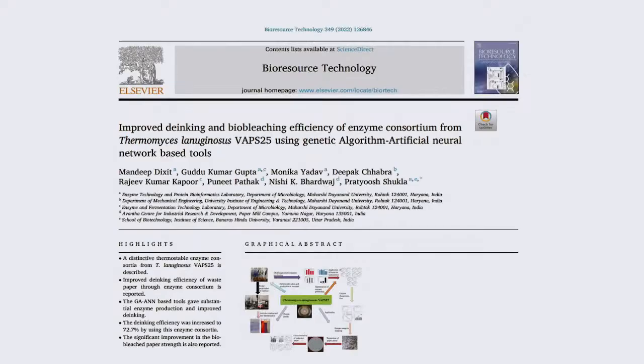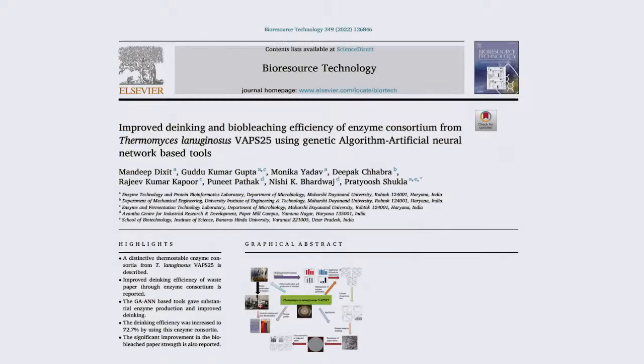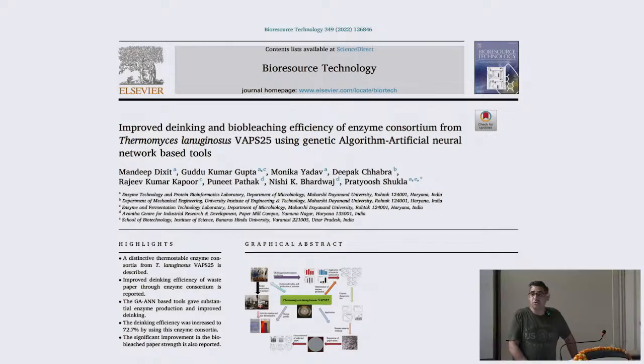And now we come to the third application. Two applications we have covered. The third application is about enzymes, industrial enzymes. As I told you in the beginning